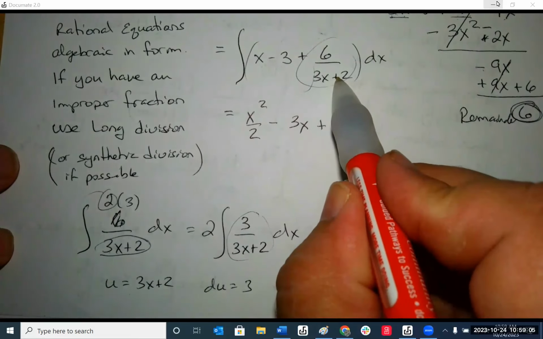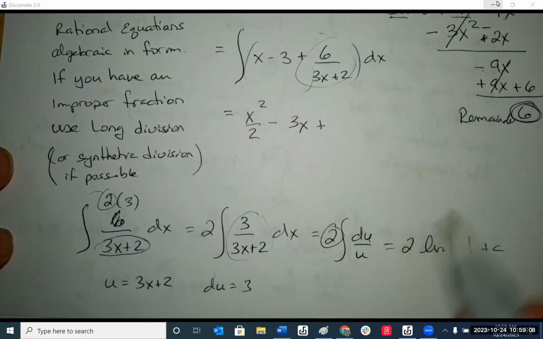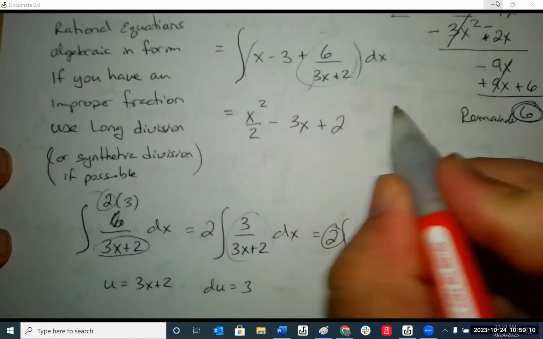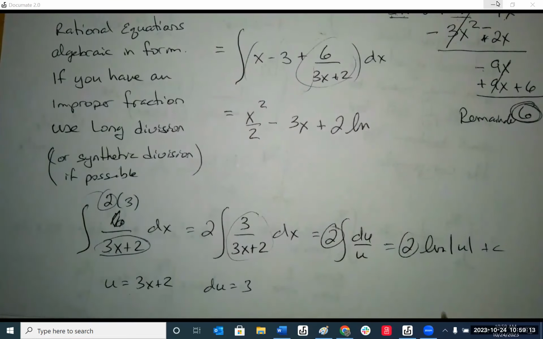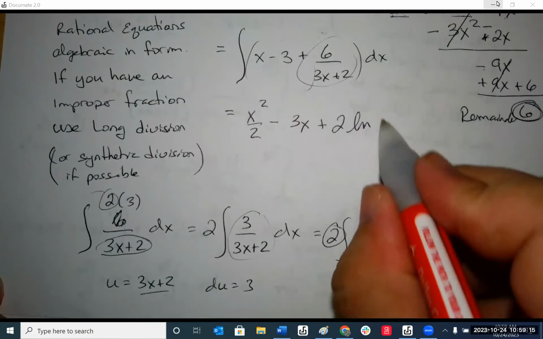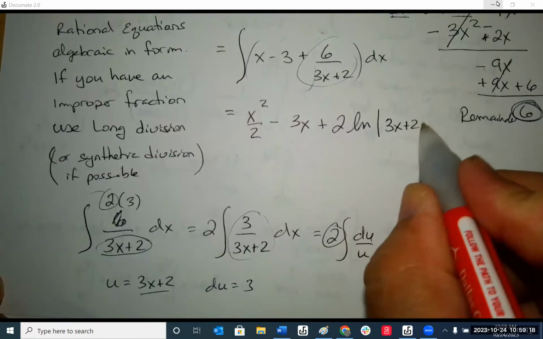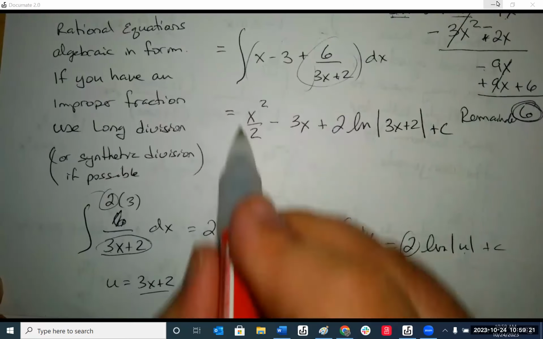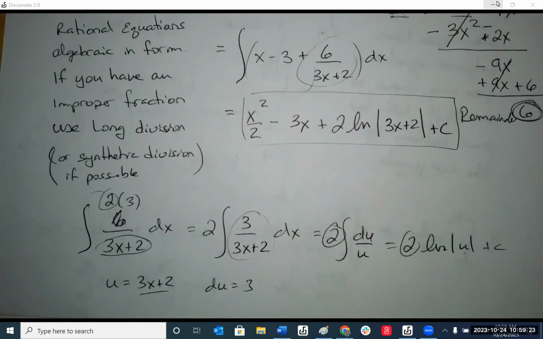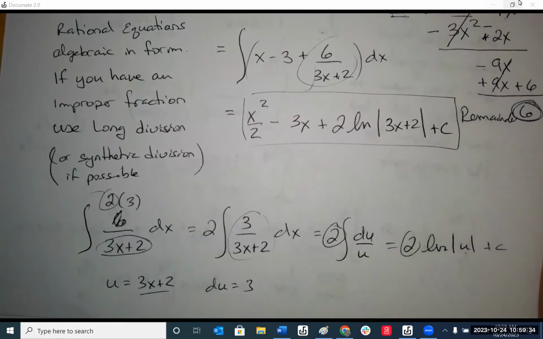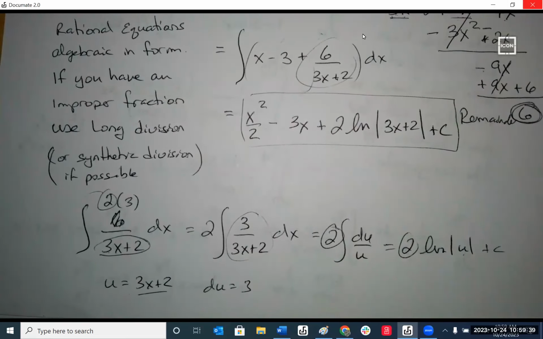So this last part becomes 2 ln, the u is 3x plus 2, plus c. And there's your integral. Again, it's easy once we get started. But if you don't see where you're supposed to start,